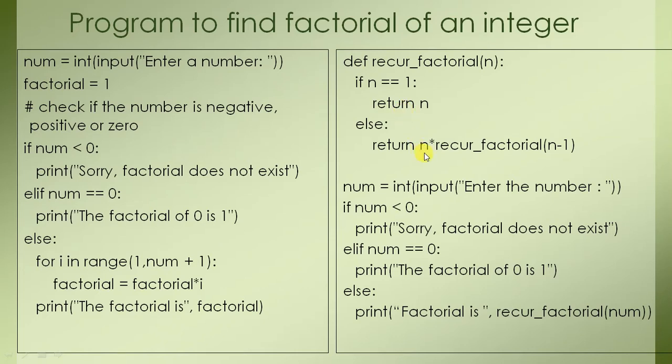So we will break it down. Suppose we are working with 5 factorial, then we will represent 5 factorial as 5 into 4 factorial. Then we go to 4 factorial, that will be represented as 4 into 3 factorial. Then 3 factorial will be represented as 3 into 2 factorial. Then 2 factorial, we will write as 2 into factorial of 1. So as soon as n reaches 1, we will return 1, and then it will be a case like 5 into 4 into 3 into 2 into 1, and we will get 120 as the answer. This has been discussed in the visual example in the previous video lesson.